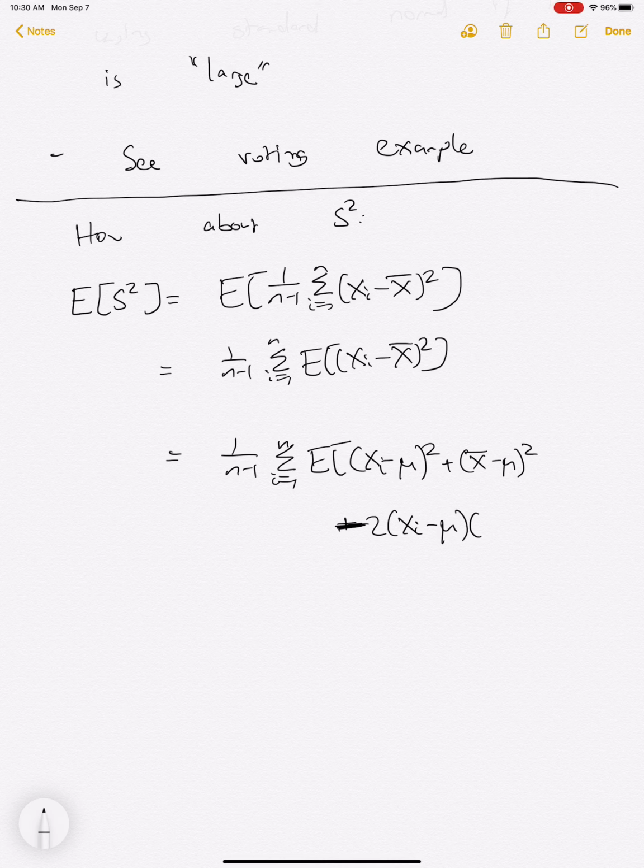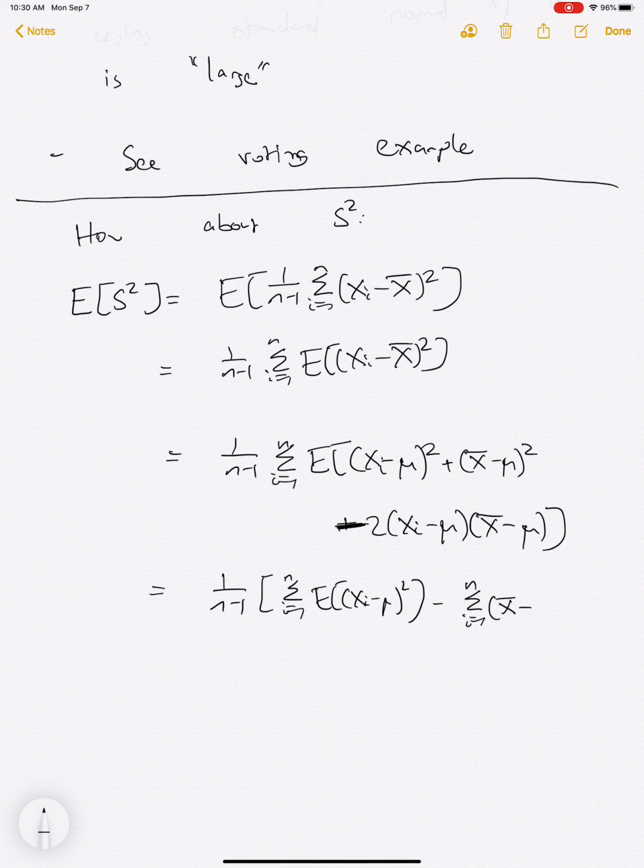And because we get a factor of 2 here, and then we have 1 here, that leads to